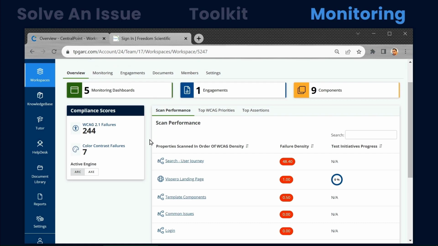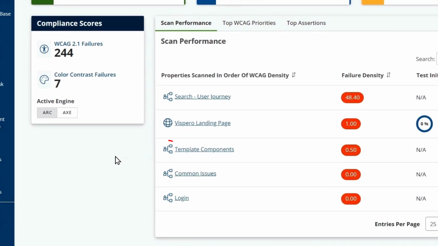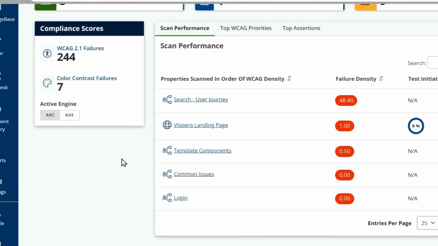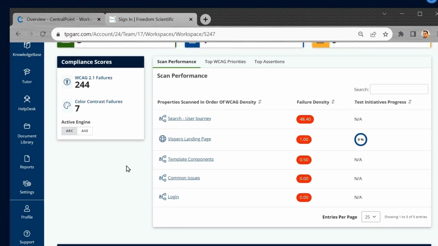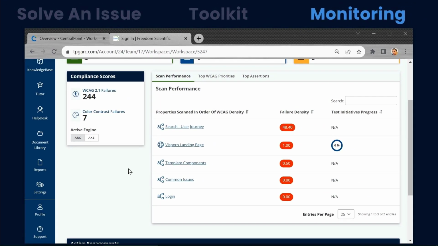Now, engagements are generated from the components in an Arc user flow. The flow chart icon here indicates that this is a user flow. An Arc user flow provides instructions on navigating an application and identifies which pages or segments of pages to analyze as components. However, the user flows for the engagement are manual, meaning they are instructions for manual human testers. They're usually not in a format which can be immediately used for automated monitoring.